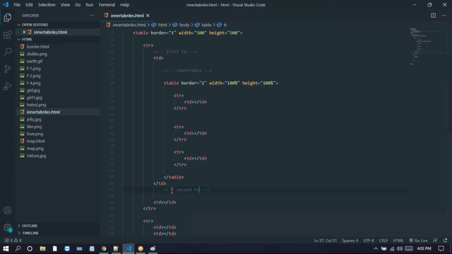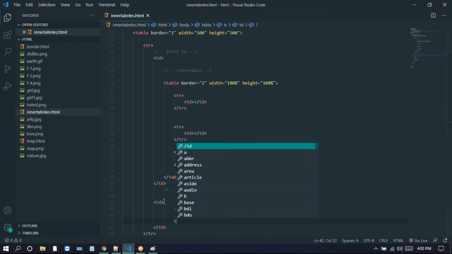Now in this inner TD, we just create the table here. So I'm taking the table, and I'm taking border equal to 1. I'm putting the border as 1 here. Now we need to give the height and width for this one.